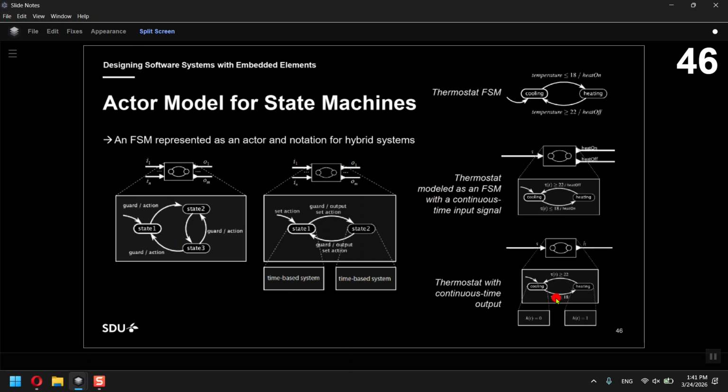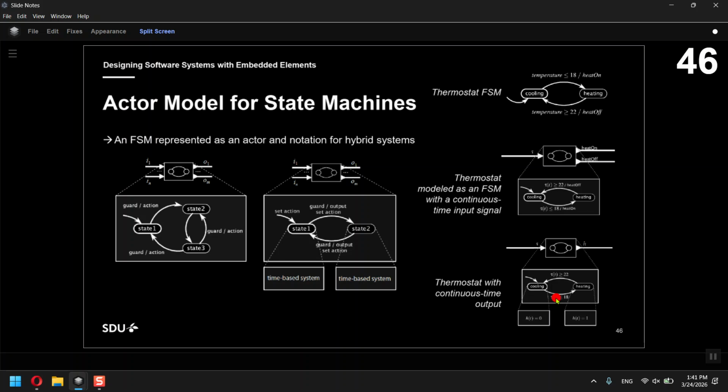You have actors that take inputs and generate outputs, but it's not the block that executes a continuous part. In this case the states execute the implementation of the different continuous parts, and you will control